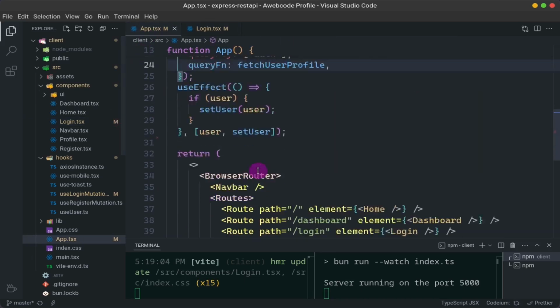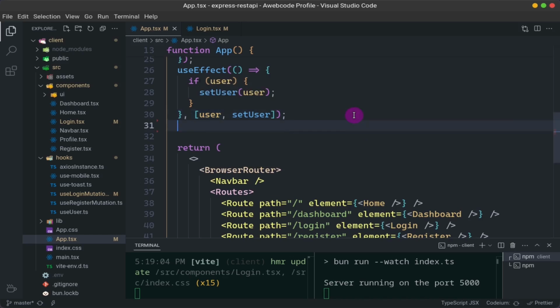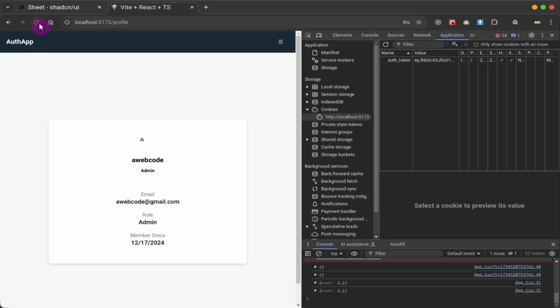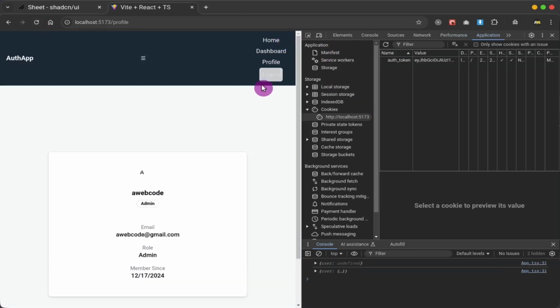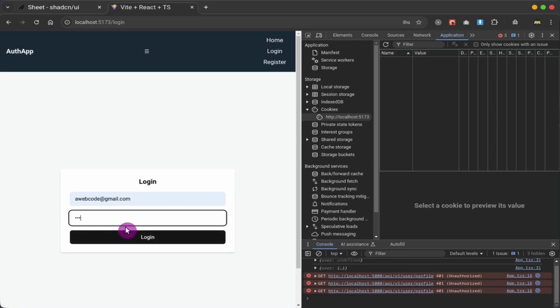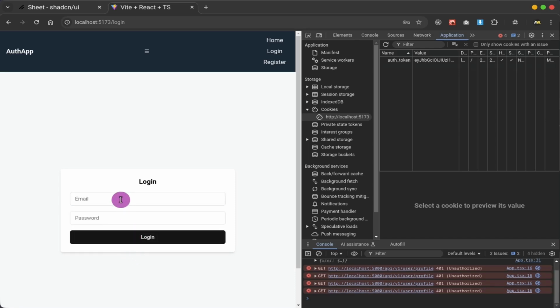And if we log this user, you will see. My network issue is why it is not working immediately. But okay, it just logs out to the login page. Log in again. Okay, maybe